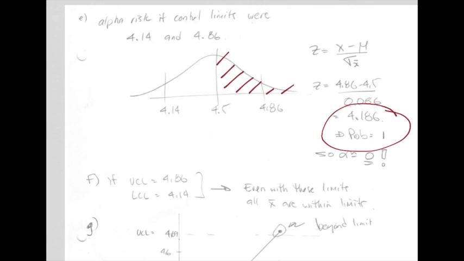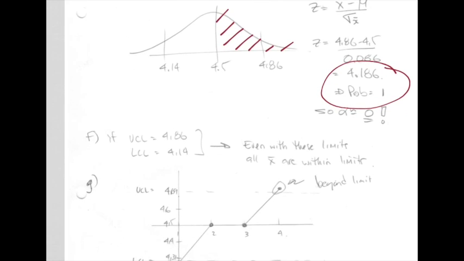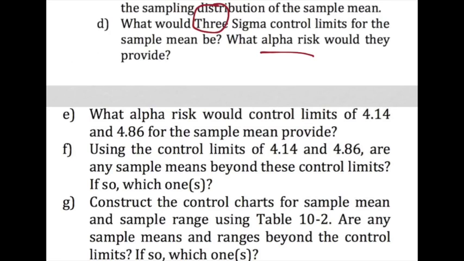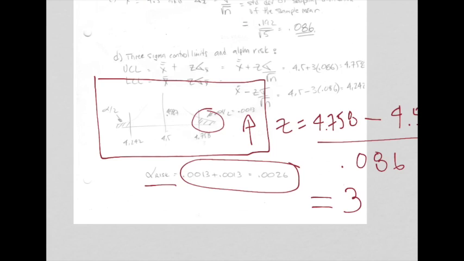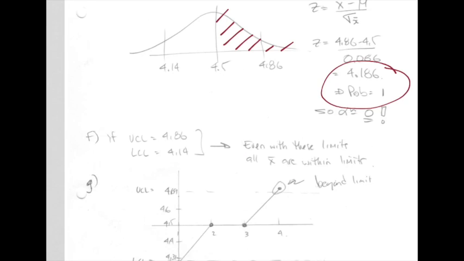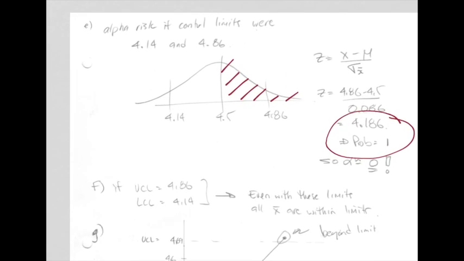Okay, next, let's go back to the question, what is f? So f, they want to know, using the control limits of 4.14 and 4.86, are any sample means beyond these control limits? If so, which ones? Okay, so let's take a look at f. If the upper control limit is 4.86 and the lower control limit is 4.14, let's take a look at what our values were